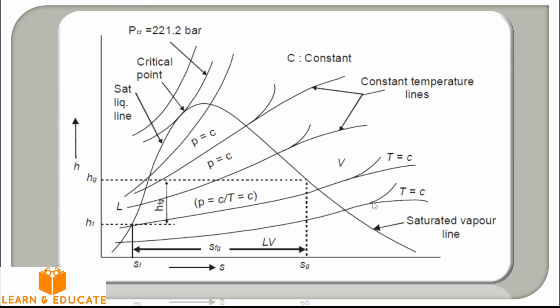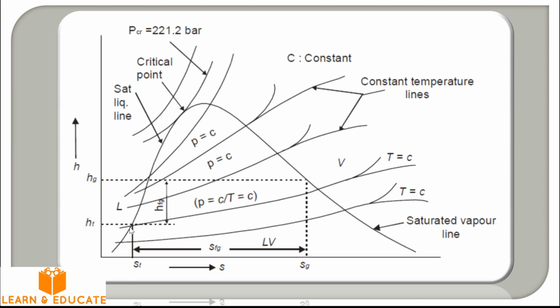And you can have the constant temperature lines. Then you have the constant pressure lines. Okay, all these lines you can see on a HS chart or Mollier diagram. So directly, depending on where the point is, for example, you have a point here, so you can directly get HF and HG here for a process.